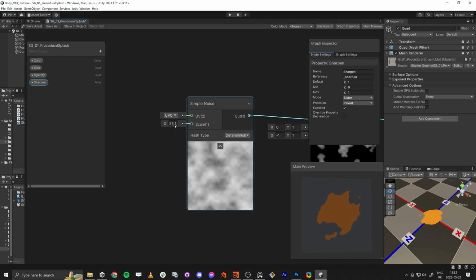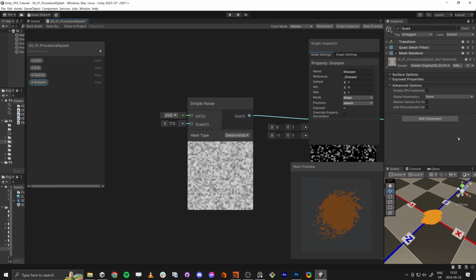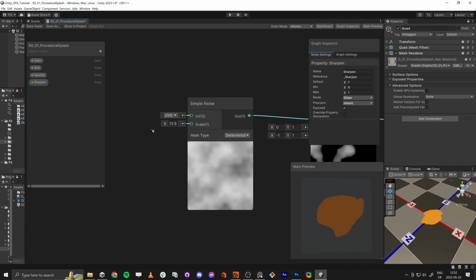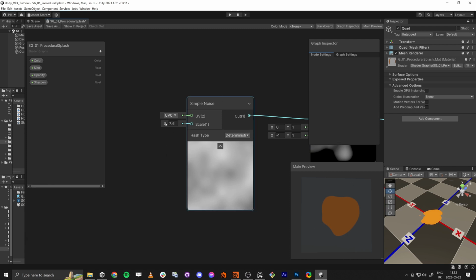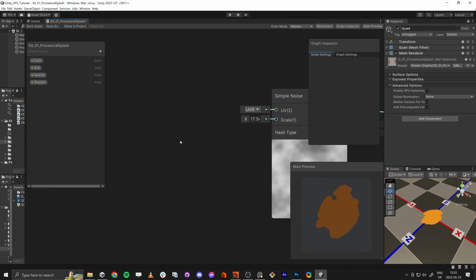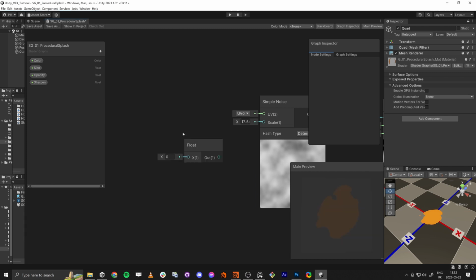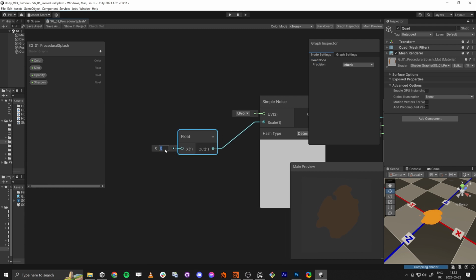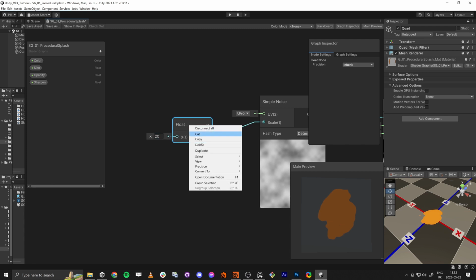So this is the detail on the shape noise. Let's make that, okay, we need to make our own float, and we plug that float in, and that 20 maybe. Right click, property,